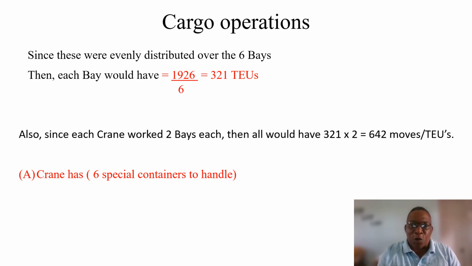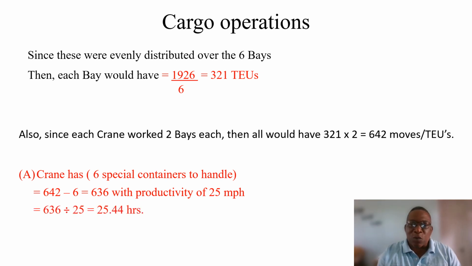So with crane A having 6 special containers to handle, it would be 642 minus 6, which leaves 636, with the productivity of 25 moves per hour. That would give us